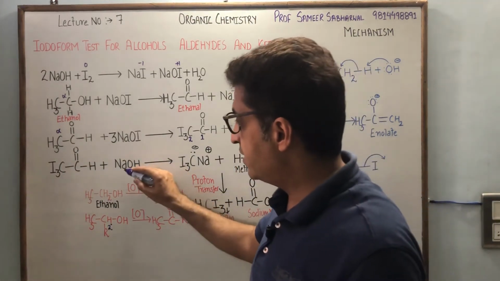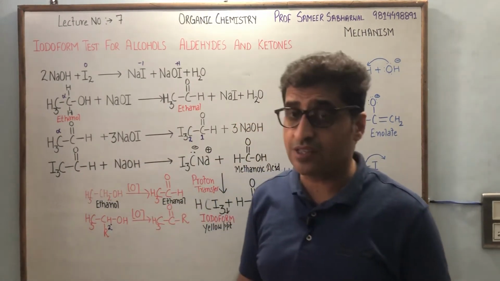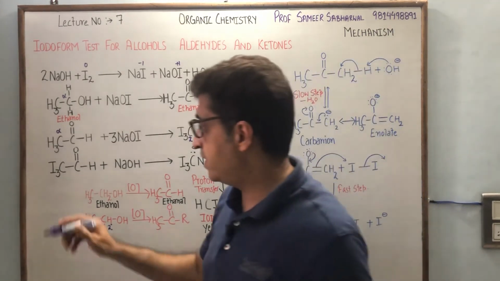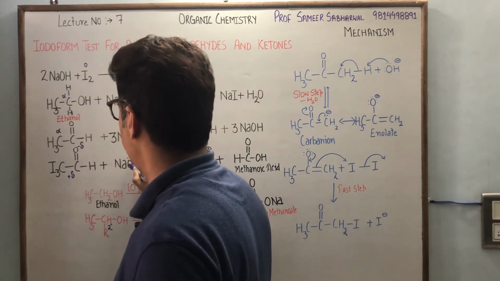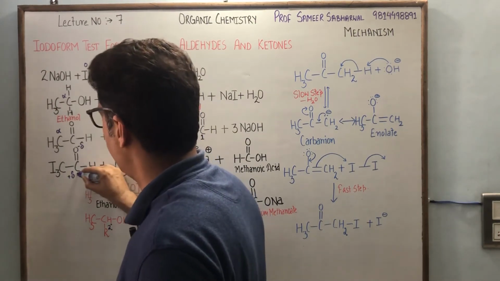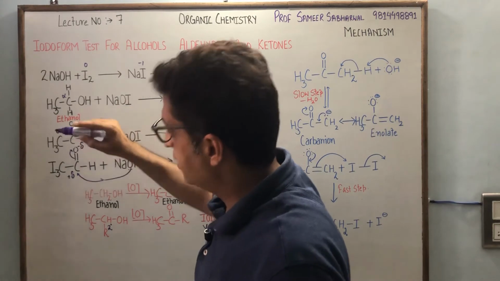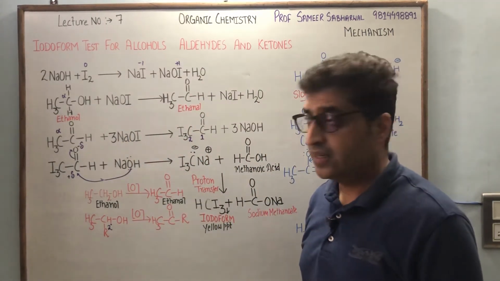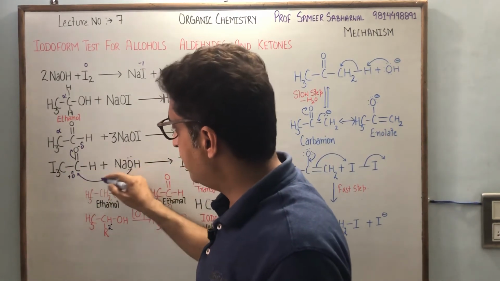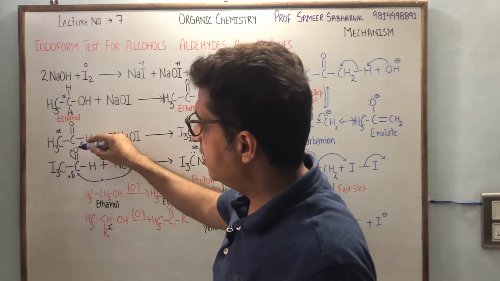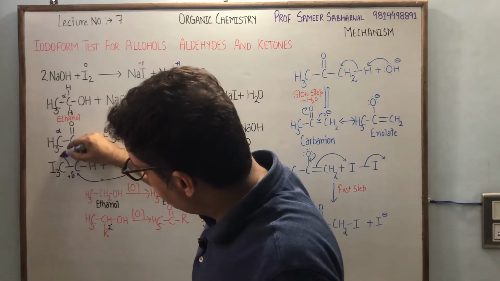Now when you treat with the base, carbonyls are famous for nucleophilic addition reactions, the characteristic feature of aldehydes and ketones. You can see here we have a partial negative charge, here we have a partial positive charge. OH negative is a strong nucleophile, it approaches the positive side. When it approaches, there will be a shifting of the pi cloud. This CI3 is a good leaving group. So what happens is, it comes here, the pi bond is taken up by oxygen. In the next step, the electron pair will come back to make C double bond O, and this group is eliminated.